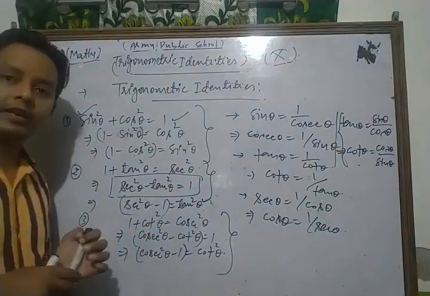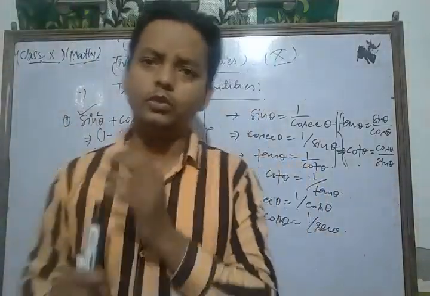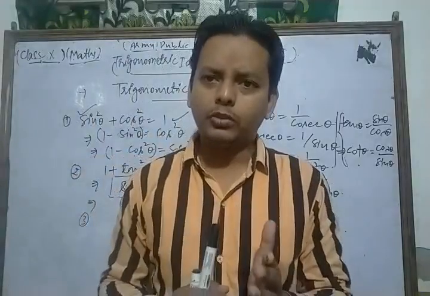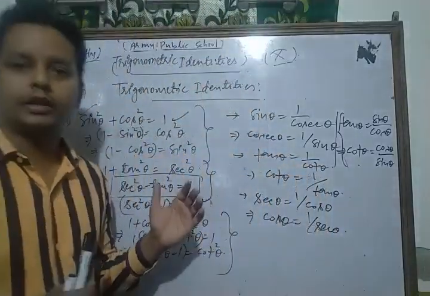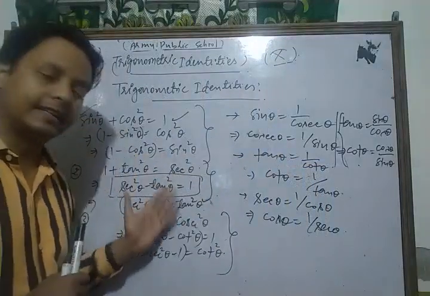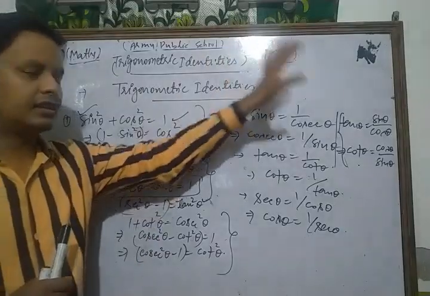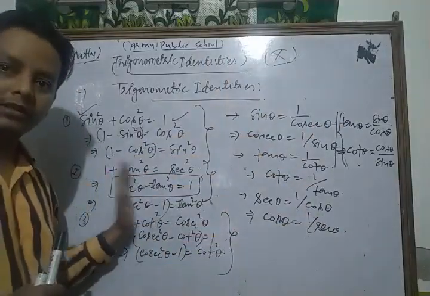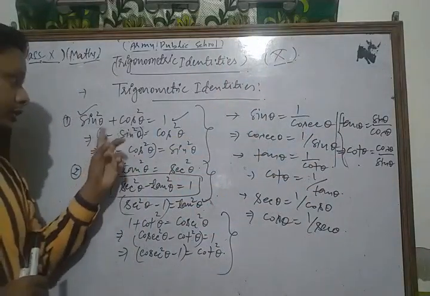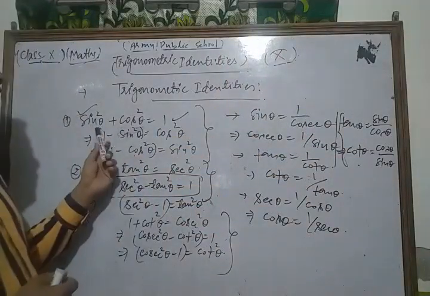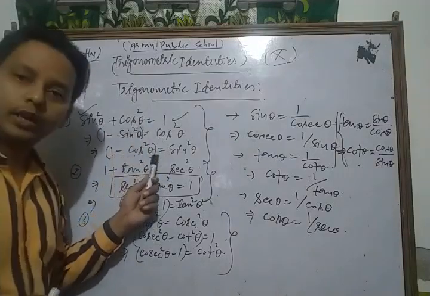So there are three very important algebraic identities. Please first of all learn all these formulas very carefully. After that you can solve all the questions of your NCERT exercise based on these trigonometric identities. These are very important formulas, so please learn all the formulas which we discussed in this class. First identity is what? Sin square theta plus cos square theta is equal to 1. From there you also obtain these two identities.